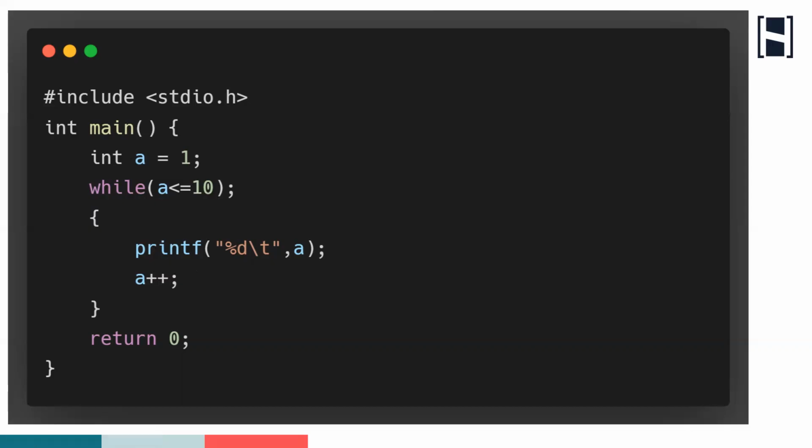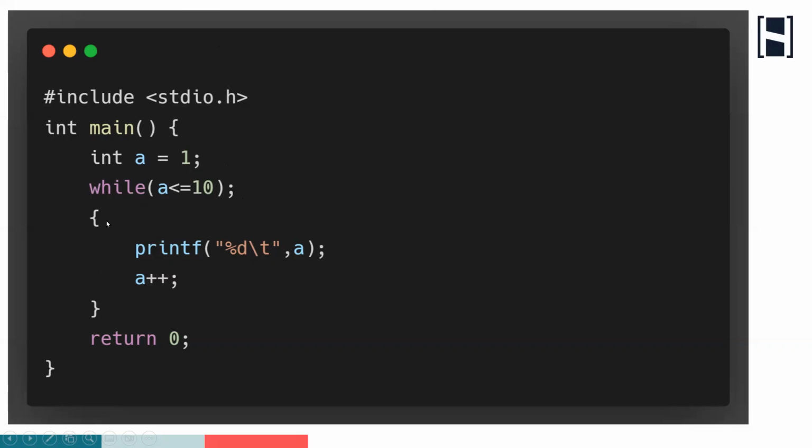But look what I have done here. In a while loop, the while statement never ends with a semicolon. Only when we are writing a do while loop. In a do while loop, the while statement ends with a semicolon. But this is only a while loop. It is not a do while loop. But still, I am using a semicolon here. So you all know that semicolon means statement terminator. Statement terminator means I am telling my compiler that this while loop is ending. This while loop has ended here itself.